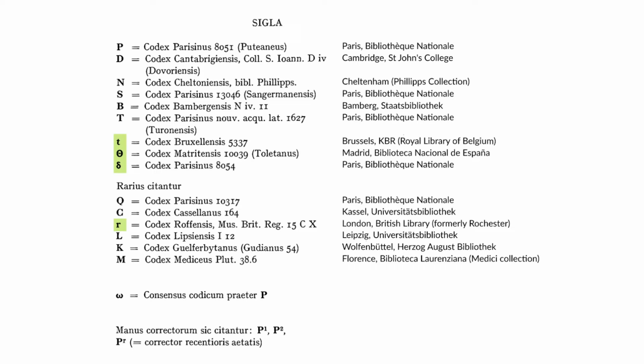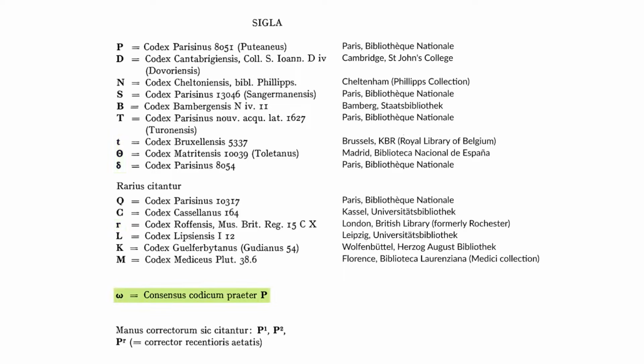First, some of Williams's abbreviations are lowercase letters. 2 of them are Greek letters. Williams didn't invent these inconsistencies, he's inherited them from older editions, but he should explain them, because they conflict with modern standard practice. The standard, ideally, is that a lowercase letter represents a derivative manuscript, where we also have the manuscript it was copied from. And a Greek letter represents either a lost manuscript that was the ancestor of some surviving manuscripts, also known as a hyparchetype, or alternatively a group of manuscripts which share similar readings.